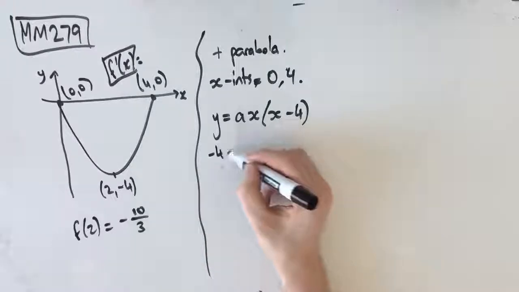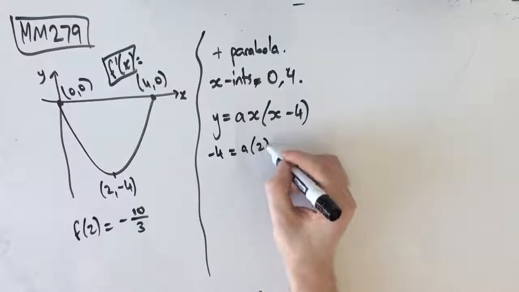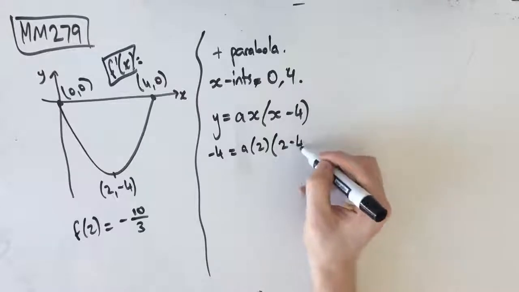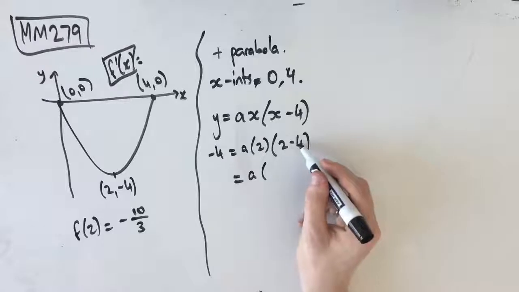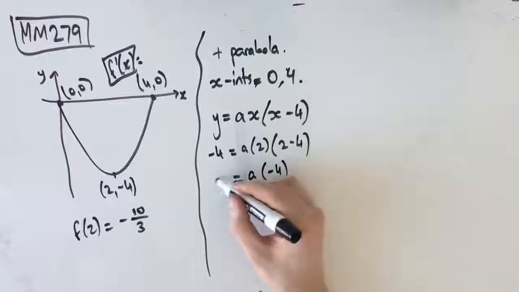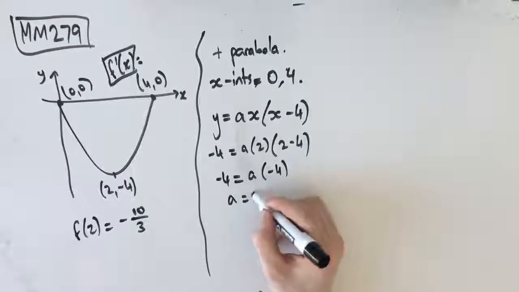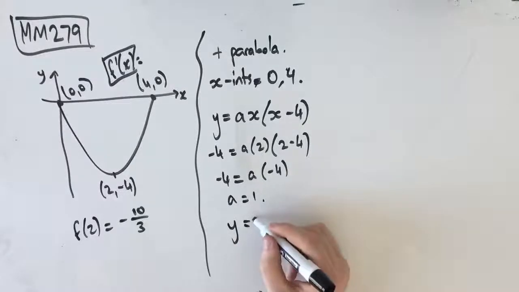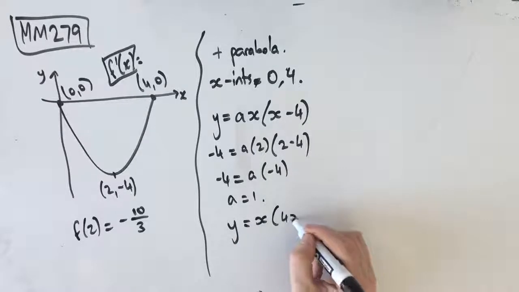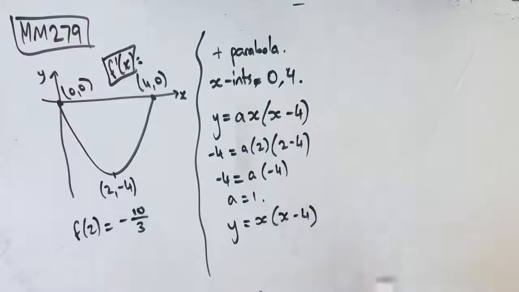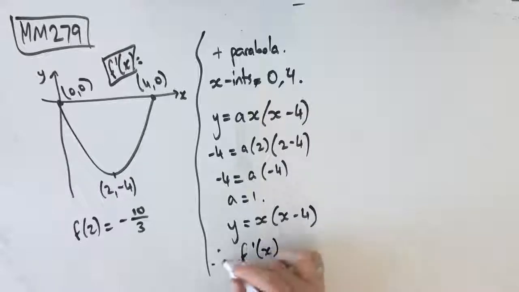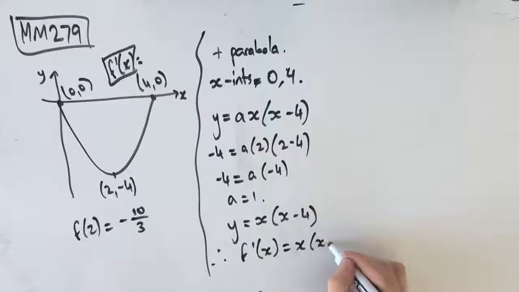So our y is negative 4 times a times 2 outside of 2 take away 4. All right, so we get a times 2 take 4 is negative 2, times that by 2 is negative 4. Negative 4 equals a times negative 4, so a equals 1. So therefore, our function is y equals x outside of x minus 4. So f dash of x, therefore, is equal to x outside of x minus 4. Sweet. So we know what f dash of x is now, which means we can find our f of x,